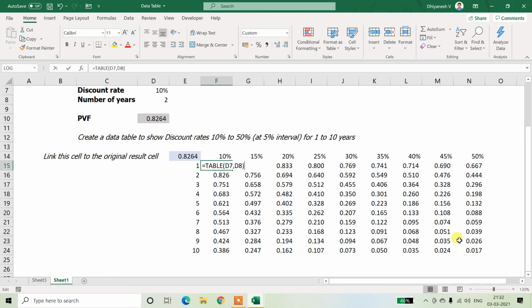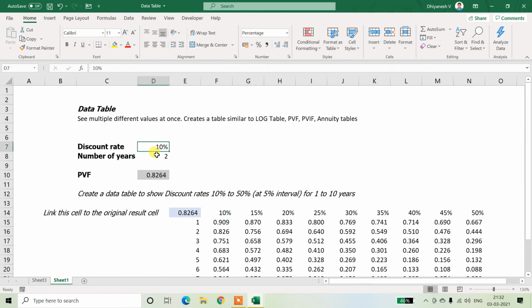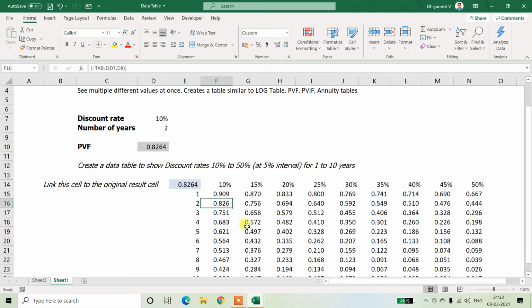It has a formula called table, which is not normally available to use; it appears when you use the data table tool in what if analysis. This is the range. For verifying, you can see 10% at 2 years is 0.8264. If you want, you can add another digit of decimal.